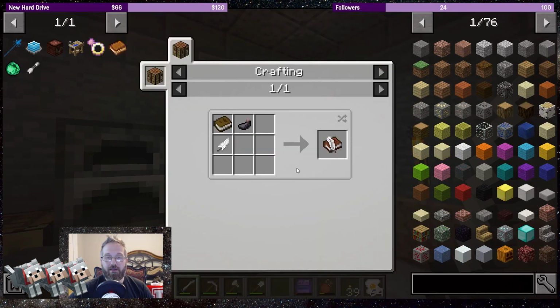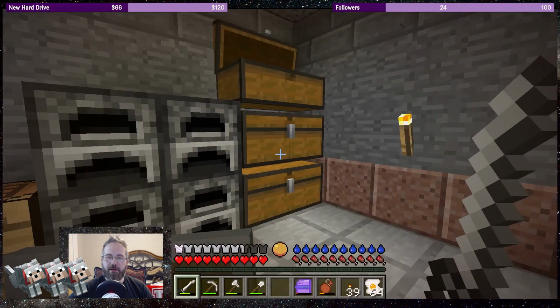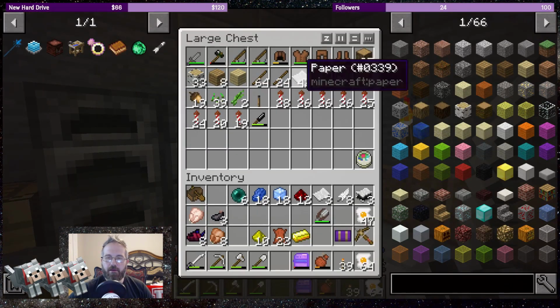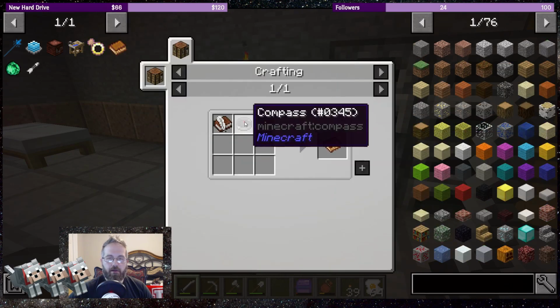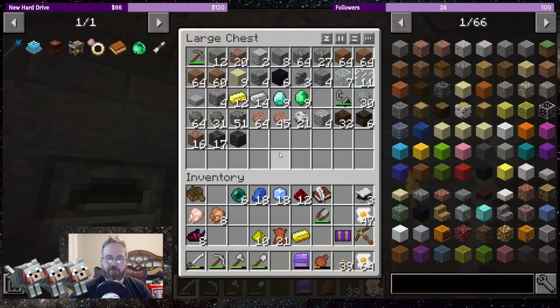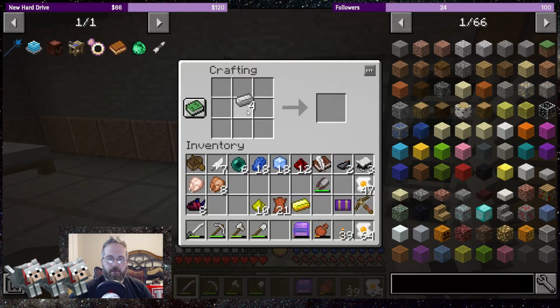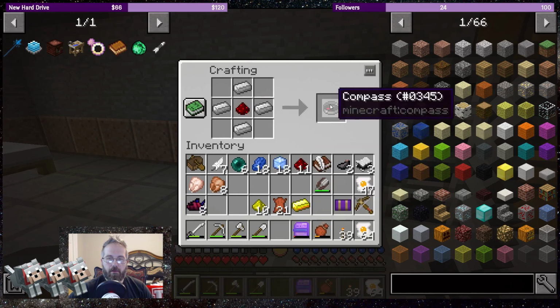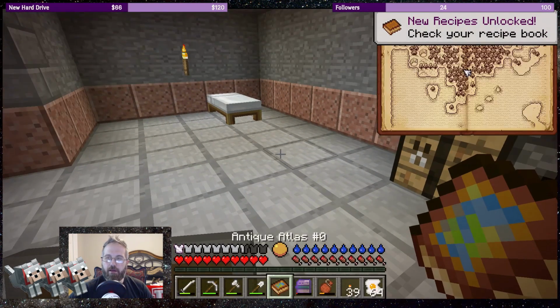That's what I'm saying. I made the book and quill. And I don't think... No, I did not make the book and quill yet. I need to make a second book. 1, 2, 3. So let's go... 1 book. 1 book and quill. And then another compass. We need 4 iron. Compass and book and quill makes us the empty map, and when we right click it, it pops up on